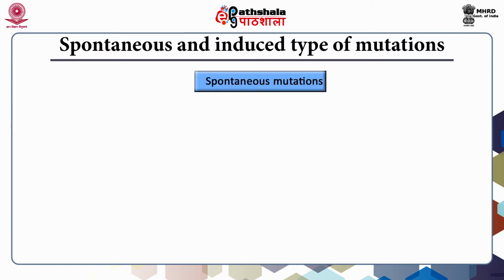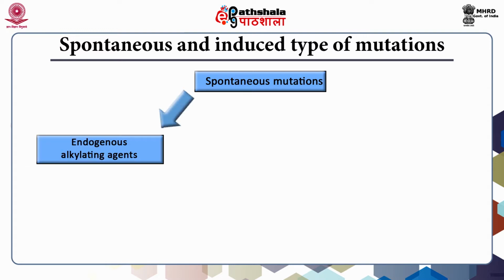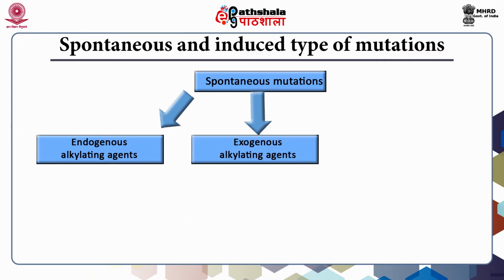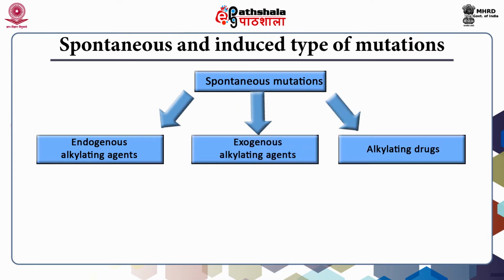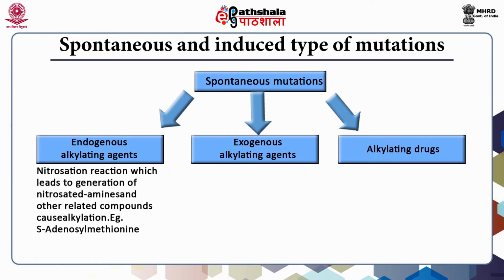So, these compounds can be classified into three different categories: the endogenous alkylating agents, exogenous alkylating agents, and alkylating drugs. We will see them one after the other. In the endogenous alkylating agents, for instance, a nitrosation reaction leads to the generation of nitrosated amines and other related compounds, which can cause alkylation. An example is